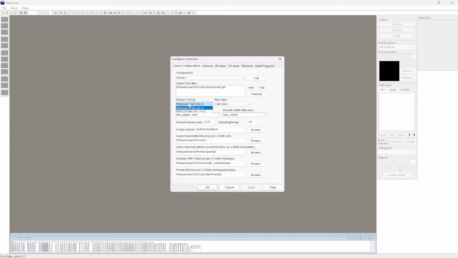Material format should be just Materials Half-Life 2. We don't want the old WAD 3 system, as we are no longer using it. As well as the map type being Half-Life 2. Now, the default point entity class. This will be featured with entities in a future tutorial, but for now, just say info_player_start. The same case goes for default solid entity classes. Just do func_detail. As long as you copy all these other settings here, the texture scale, the light map,